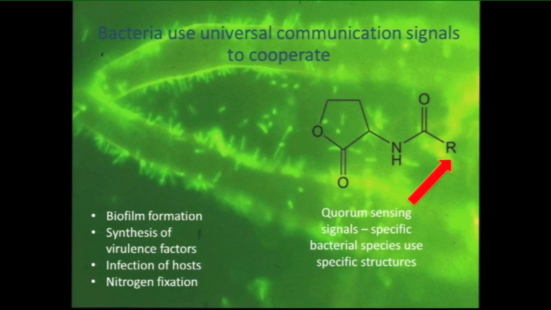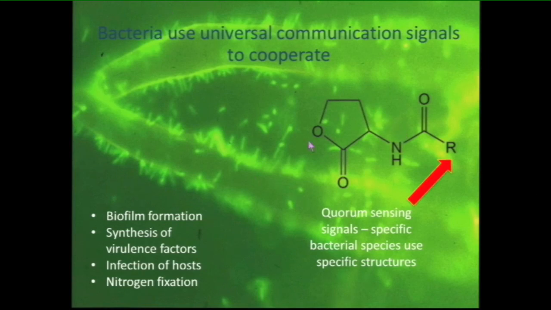So most bacteria are not really just acting as single-celled organisms. They interact with each other. And they do that by communicating. They use signaling molecules, so-called quorum-sensing signals, that they use to talk to each other. And they can use these signals to gauge population density, which then triggers certain behaviors.